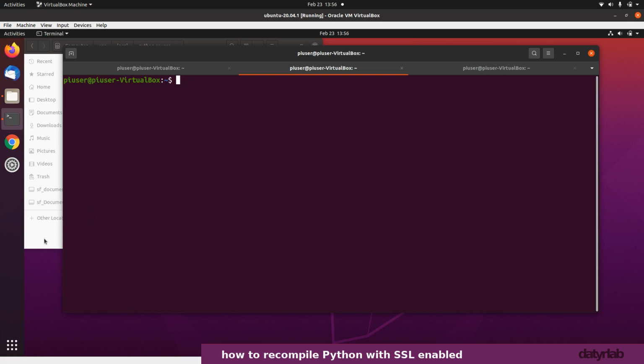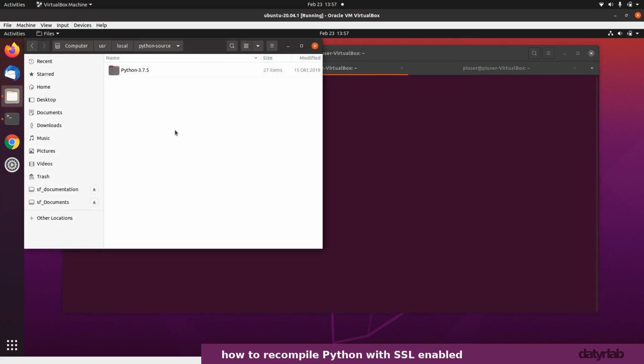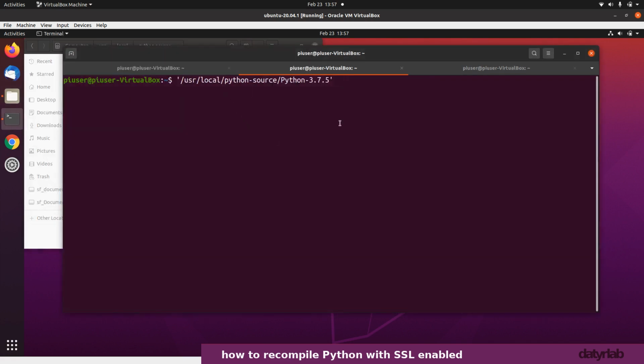If you do all of the steps that I showed you before manually or with this script, then all you need to do is go back into the folder and recompile the source. So let's go into that, and we'll do a sudo